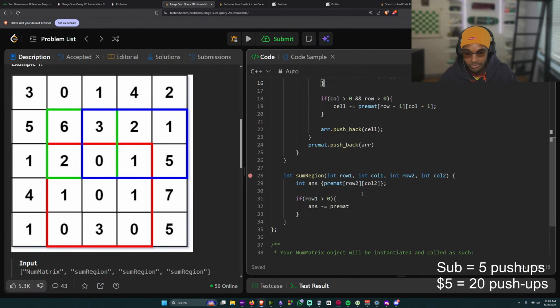Anyway, ans minus equal premat at. I lost my concentration. Let me think. So,